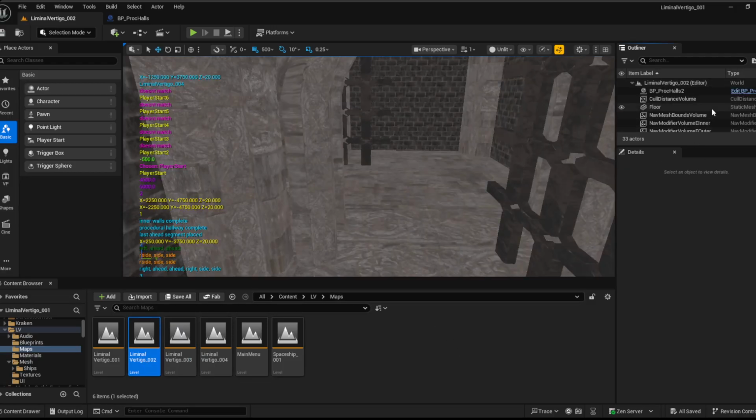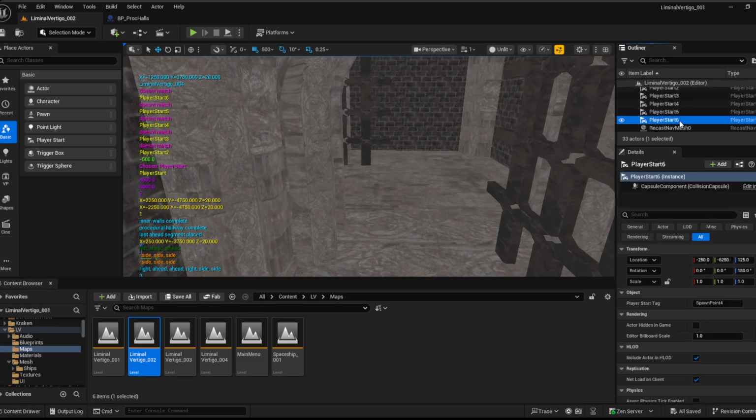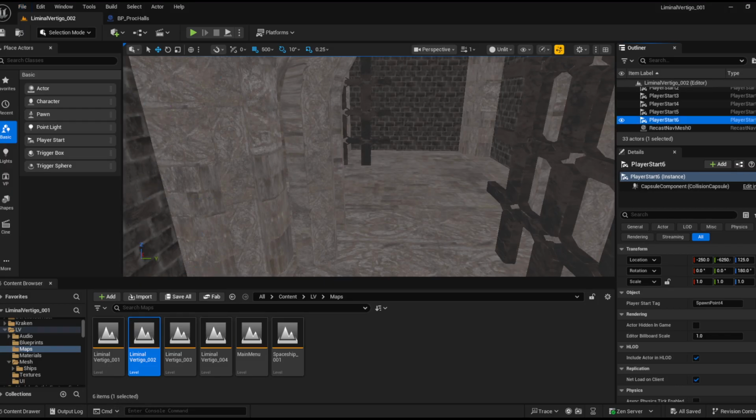Or map 2, not proc halls 2. So, oh wait, I already did that. And not only did I do that, the values are already correct. They're at 250, 252. So all the positive Y's are on the south. And then the negative Y's are on the north side. Okay. So that's all working good. Save. And close that. So yeah, the only thing left then is to